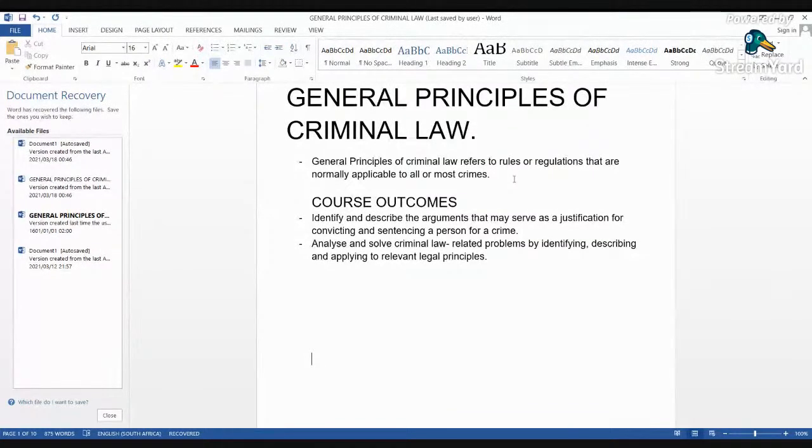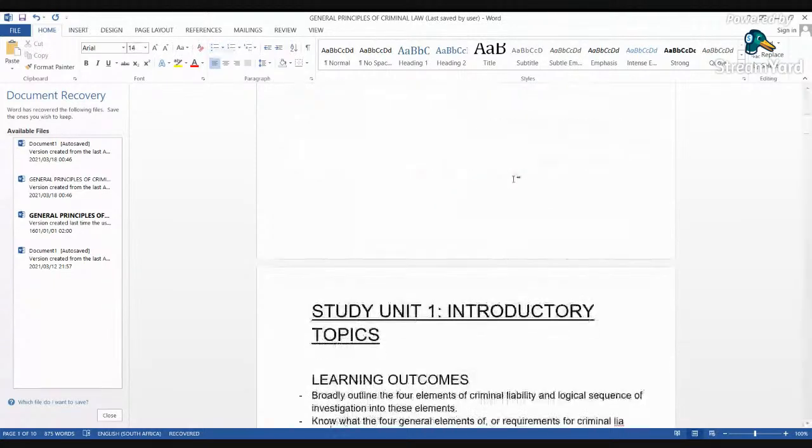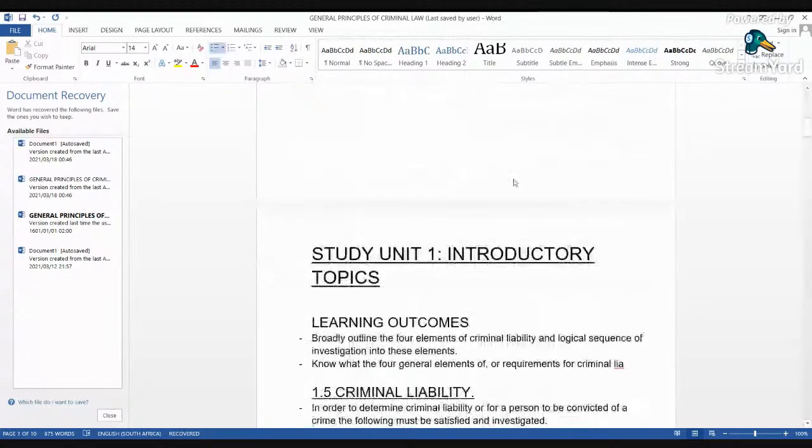Secondly, we should be able to analyze and solve criminal law related problems by identifying, describing, and applying relevant legal principles. So without further ado, let us get into the module itself. Start with Study Unit 1,